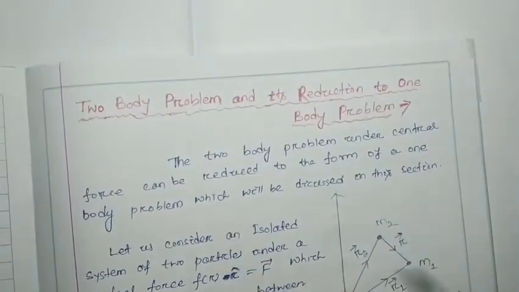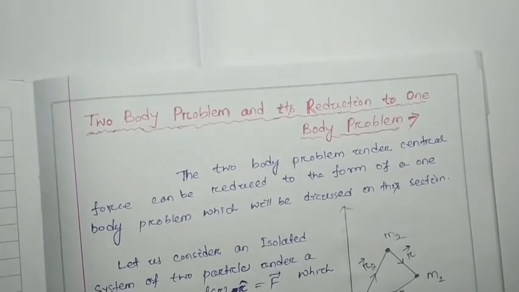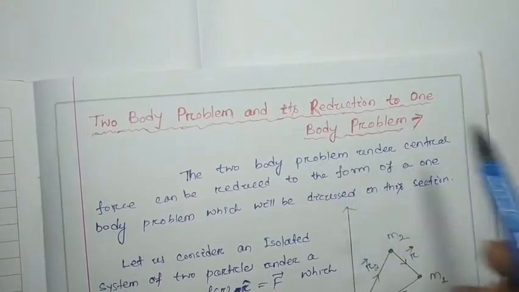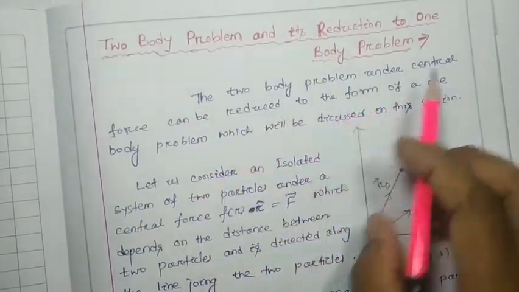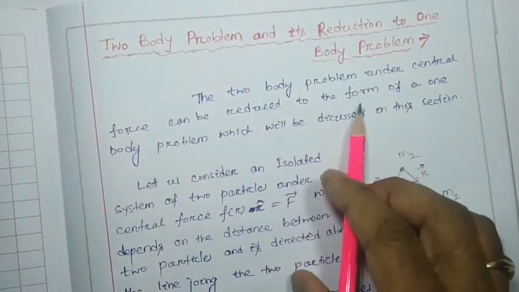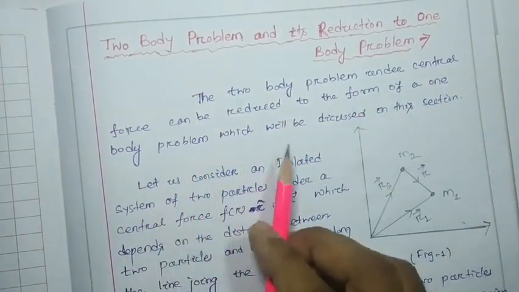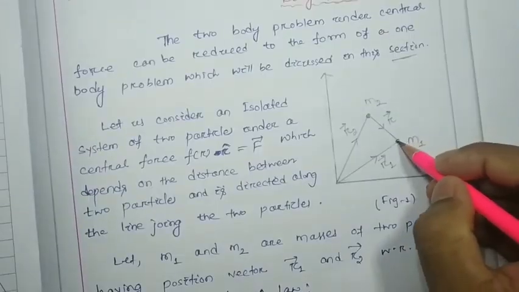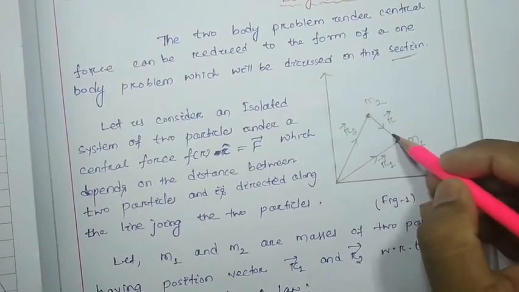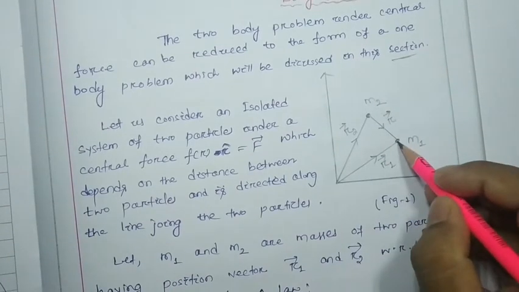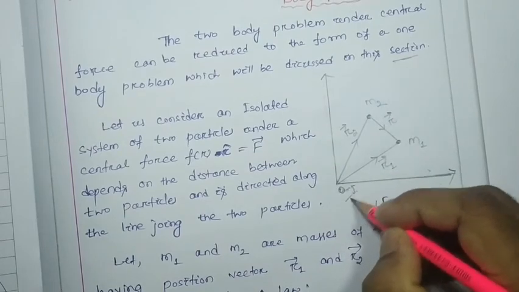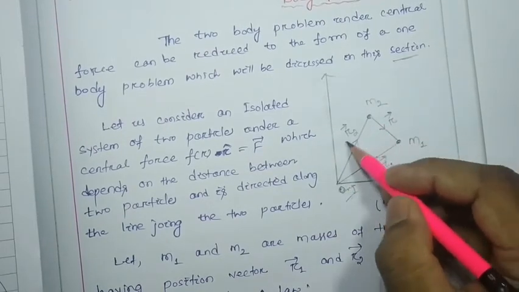Now we are going to go through the two body problem and its reduction to the one body problem. The two body problem under central force can be reduced to the form of a one body problem, which will be discussed in this section. Suppose we consider two bodies m1 and m2 separated by a distance r. For m1 the position vector is r1, and this is the origin. This is the origin, and r2 is the position vector